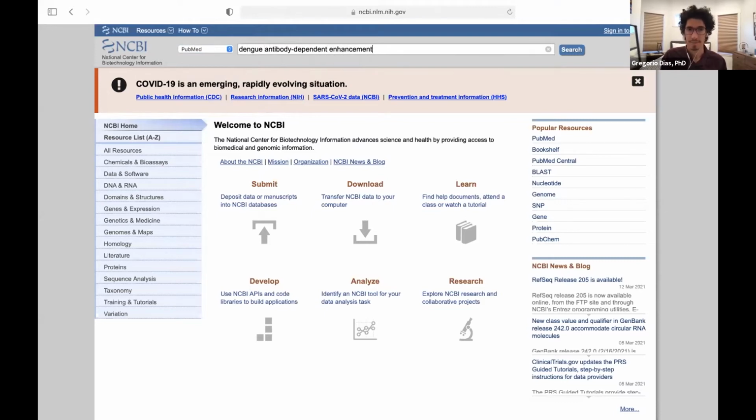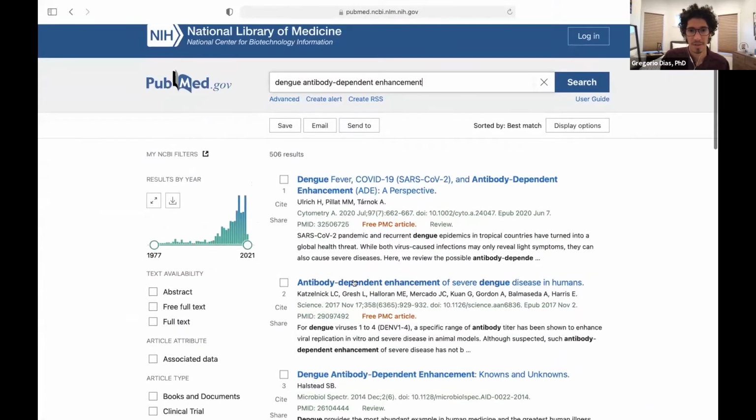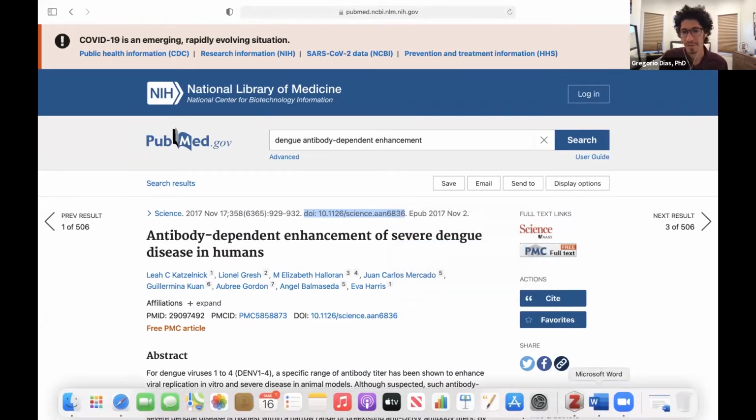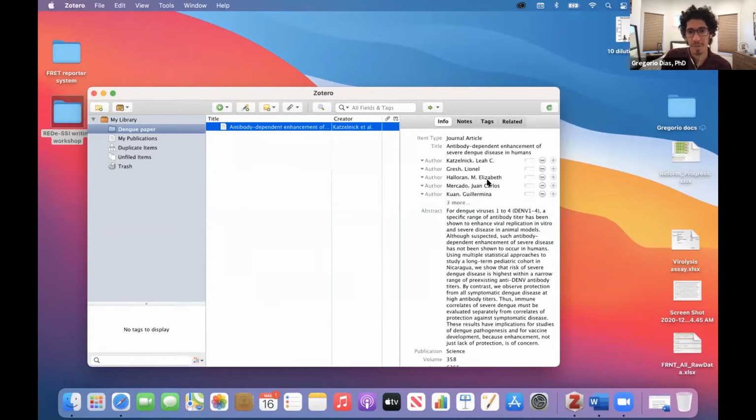So I found this paper that I'm very interested in, and here I can get the DOI from this paper and copy it. If I bring it to Zotero, by clicking on this tool, I'll be able to put the DOI, or you can also use other parameters from that paper. And then if you add it here and click,